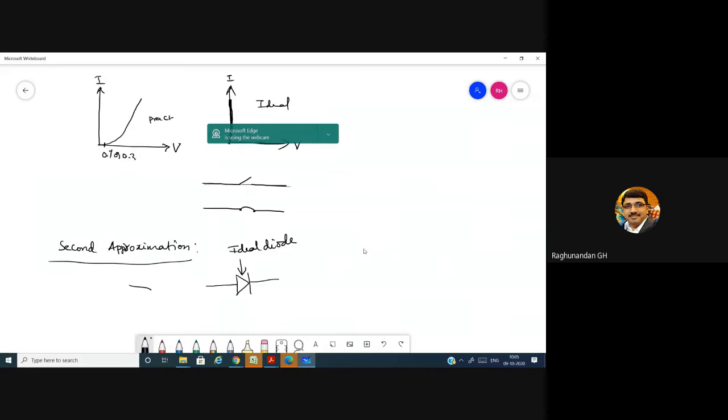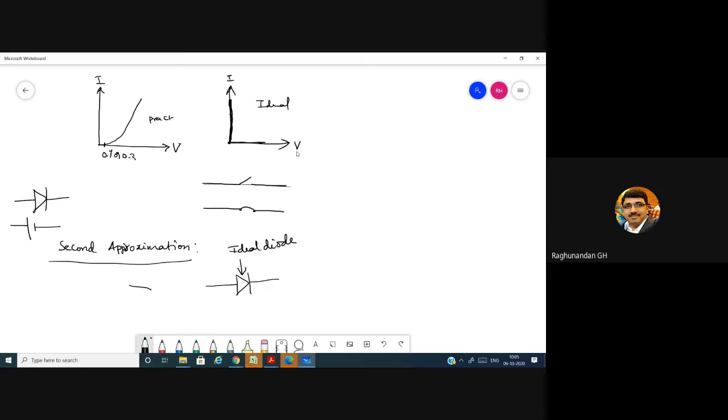Along with this diode, from the last approximation, we came to know that we are not going to get the current suddenly increasing. It takes some amount of voltage, and after that only the diode starts conducting. See, the current passing through the diode means the diode is conducting. So the diode will conduct after some 0.3 or 0.7 volt. I've already told that the diode can be compared with a battery. In the lab also I have told the diode can be compared with a battery.